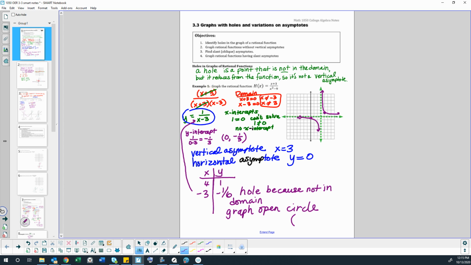And our open circle is located at -3, -1/6. And we found that point by plugging it into the reduced function. Again, it wouldn't have worked before. Plug it into the reduced to figure out where that point is, the x and the y. Okay? We cover all the steps